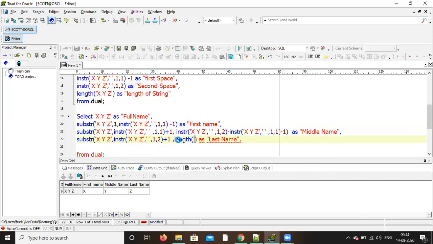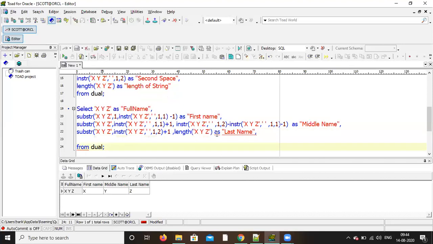That's it. Bracket close. I think you have missed one more bracket. For substring, the whole bracket will be there. Give one more bracket at the end.